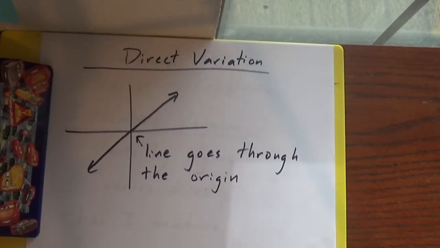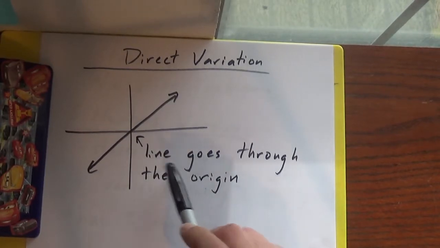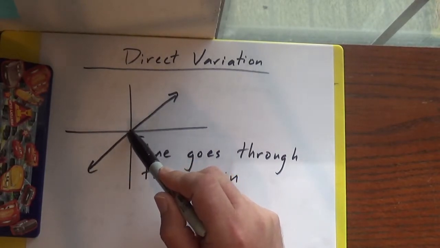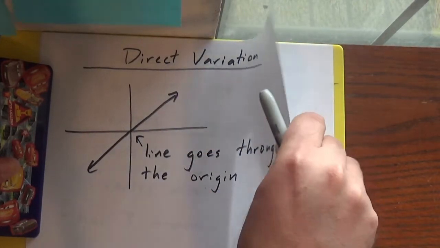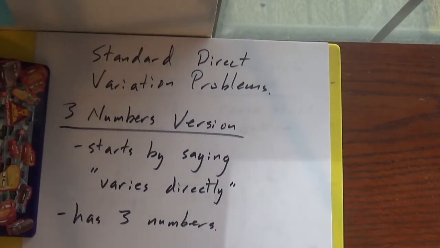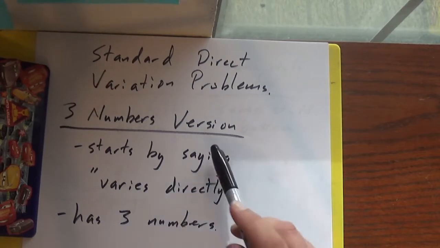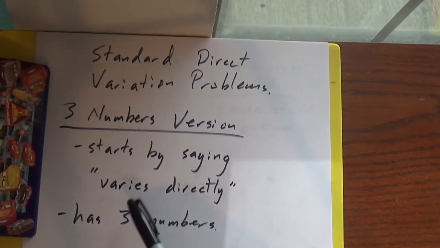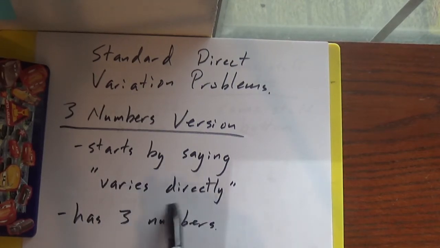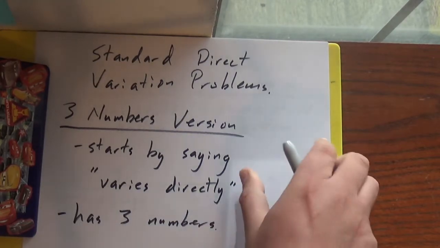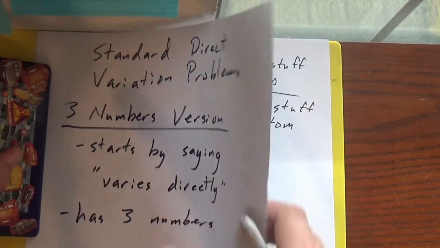Now, direct variation means our line goes through the origin. So any line that goes through the origin is direct variation. There's two different standard problems that you get for these. The first one is you got three numbers. So they're going to start by saying somewhere in the word problem that it varies directly with that exact phrase, and it has three numbers. And usually they're asking you about a fourth